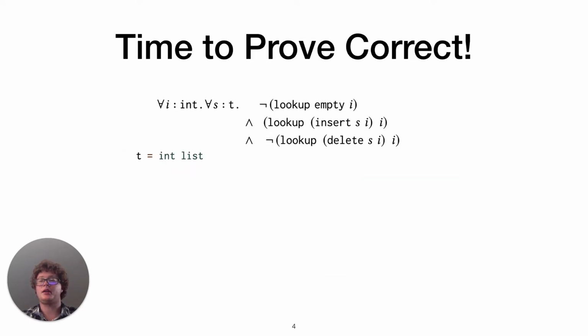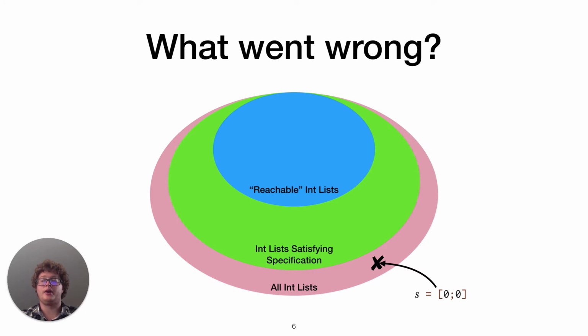Well, I immediately hit a difficulty. Our implementation of delete just removes the first occurrence of a number. So in our implementation on [0, 0], we return true, whereas the specification wants us to return false. So what went wrong? Well, the code is actually correct as written, because [0, 0] is not a valid representation